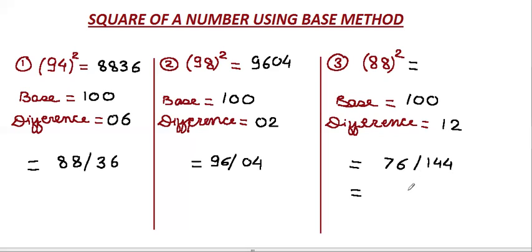We have this one extra digit, so this one carry over to the next digit, means we will add 1. So what we will write the answer, the last 2 digit 44 as it is, this one carry over to the 76. So 76 plus 1, that is 77. So here we got our answer 7744.